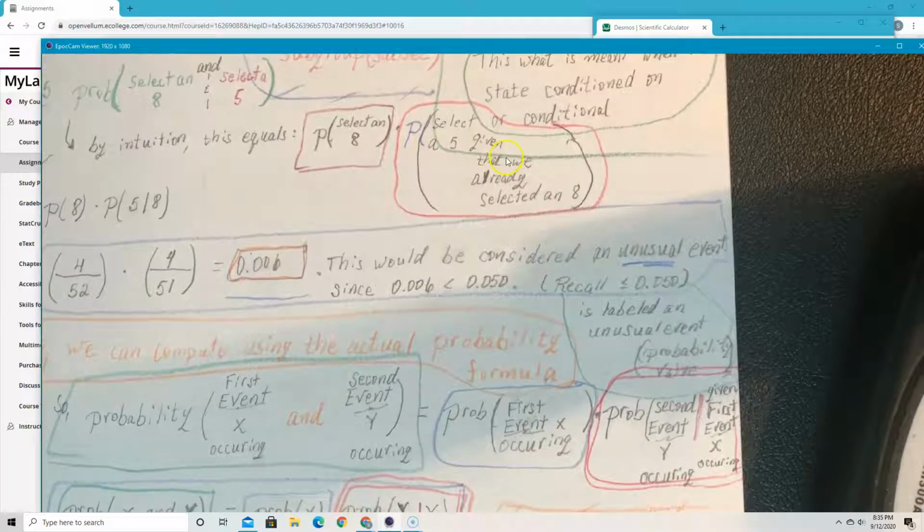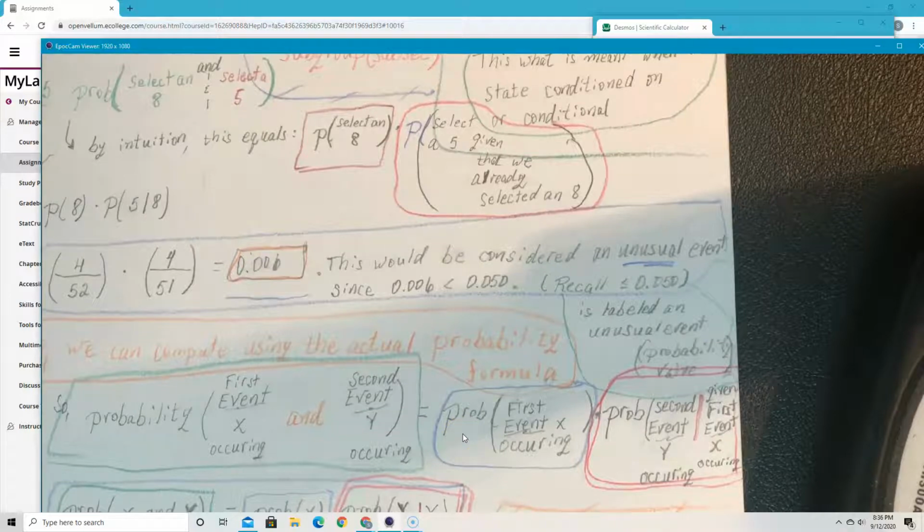We did this sort of by intuition, by discussion, kind of by logic, but I want to go over the actual formula as well. So if you have a question that asks you for the probability of a first event occurring and the probability of a second event occurring, then we can use this